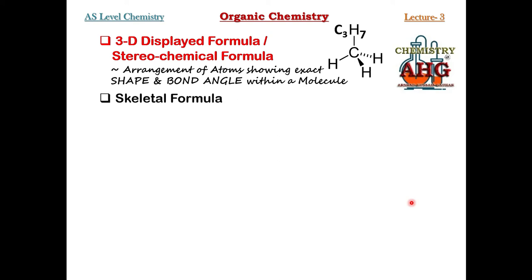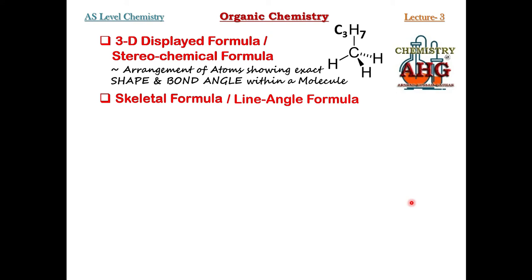So the last type of chemical formula that we must be able to write down is known as skeletal formula. Skeletal formula can also be known as line angle formula. So this is a new type of formula. Again, I am highlighting it. You must remember these two types of formula, they are new for you. So you must do a lot of practice to understand and to sketch these types of chemical formula.